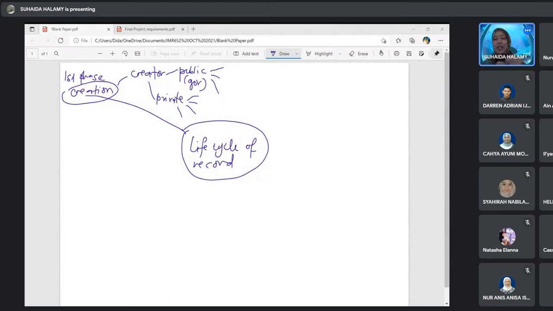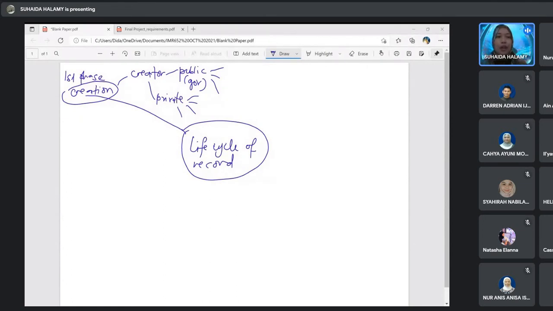So private, we know they have 4 categories: private organization, NGO, family and also individual. Private organization and NGO or non-profit organization, the difference is profit. Private organization is 100% profit based.